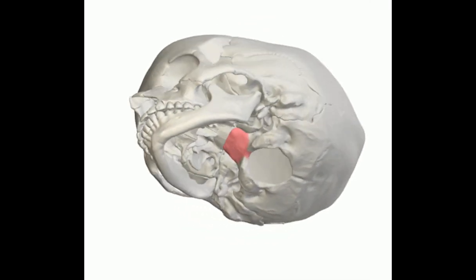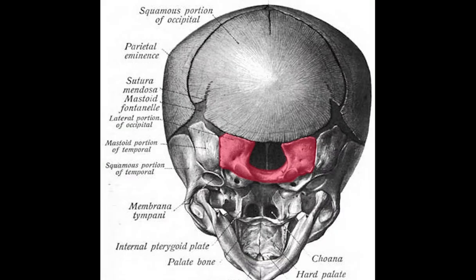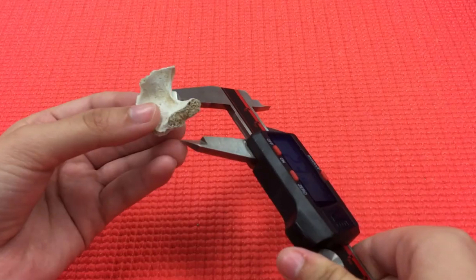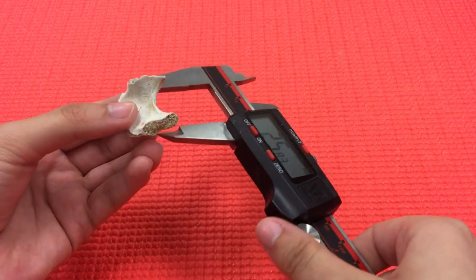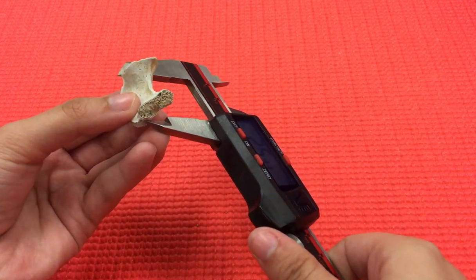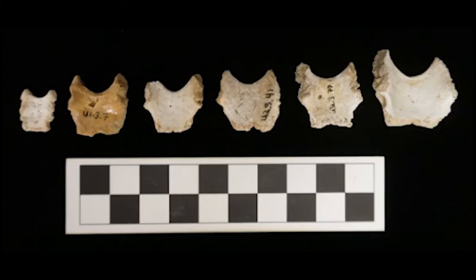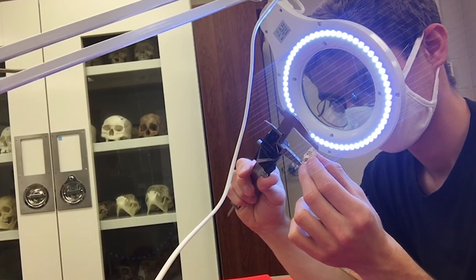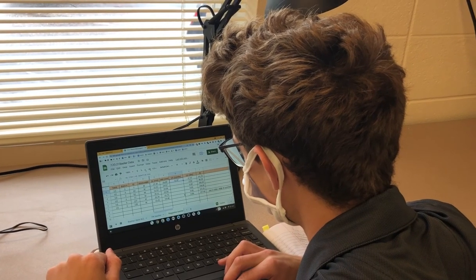The basilar portion of the occipital bone fuses to the lateral portions of the occipital bone at around 4 years of age, and as the basilar grows over time, its changing size can be reliably associated with certain age groups. We used methods outlined by 3 different groups of scholars to estimate age by measuring different dimensions of this bone. Our primary 2 measurements included the sagittal length and the maximum width of the basilar portion, which we took using digital calipers. We then compared our measurements to published data tables and plugged them into statistical formulae to establish the